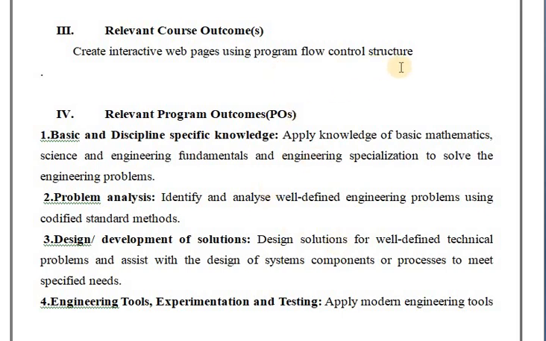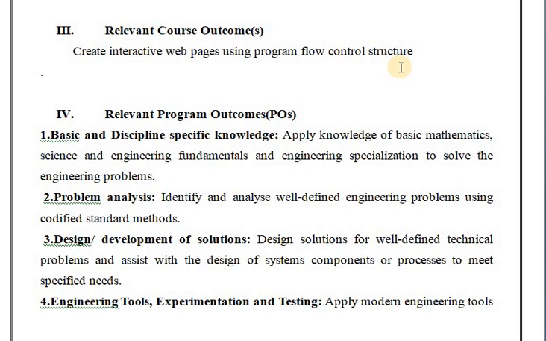This is the CO, that is course outcome. Course outcome means what the student will be able to do after completion of the practical: the student will be able to do arithmetic operations or message printing by using the alert method, etc.